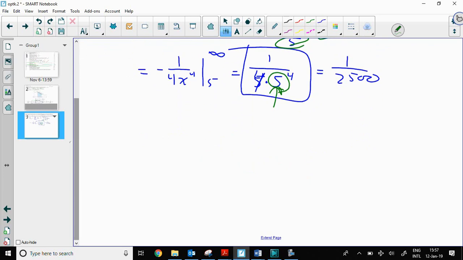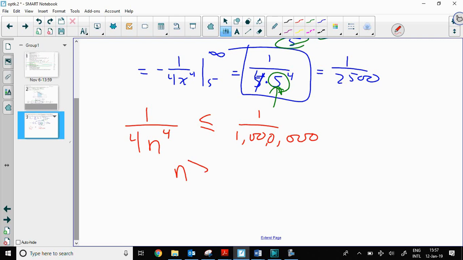So for the second question, really what we want to solve here is we want 1 over 4 n to the 4th, that's our error, to be less than or equal to, it's not going to matter, 1 over, missed a 0, 1 over a million. And so we're just going to solve this inequality. You can grab a calculator to verify that n is going to have to be greater than 22 point something, so we need it to be at least